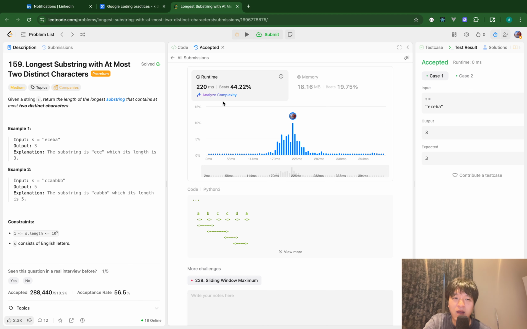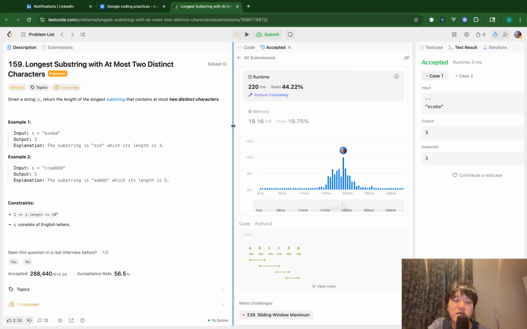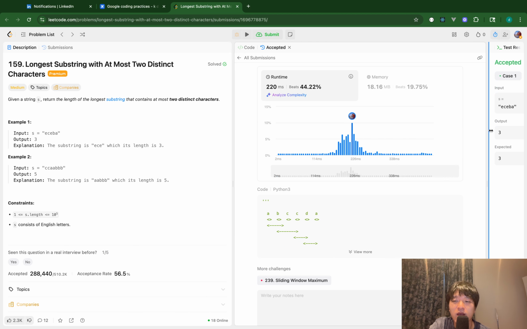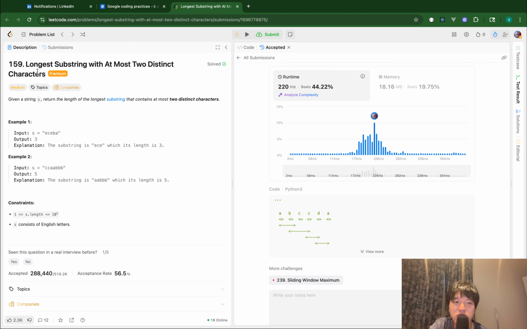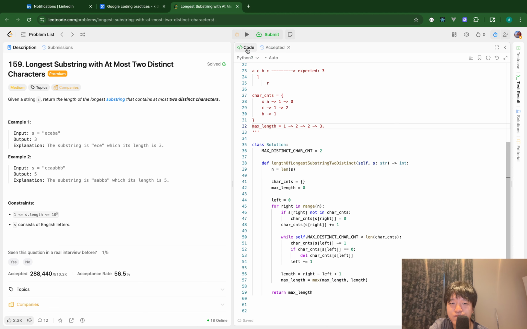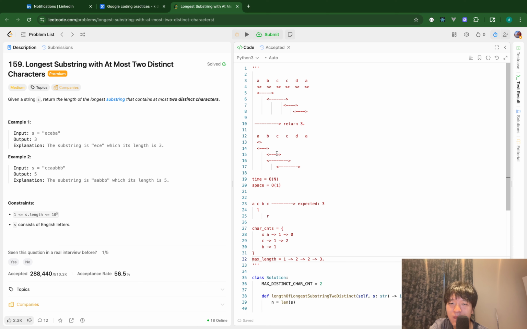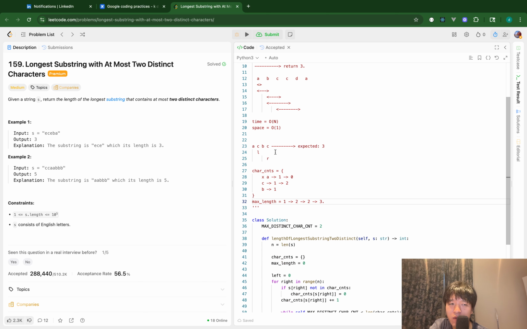Great, accepted. Okay, so I quickly wrap up my coding practice. So today I solved this question, longest substring with at most 2 distinct characters. So this is one of the typical sliding window questions, I think. So basically, I use the sliding window technique and I move the right pointer. And then for each right pointer, I shrink the window, which means that I move the left pointer, and